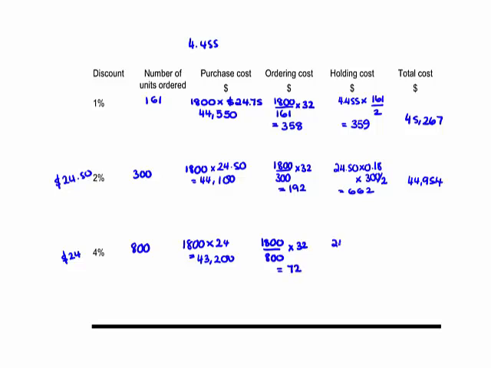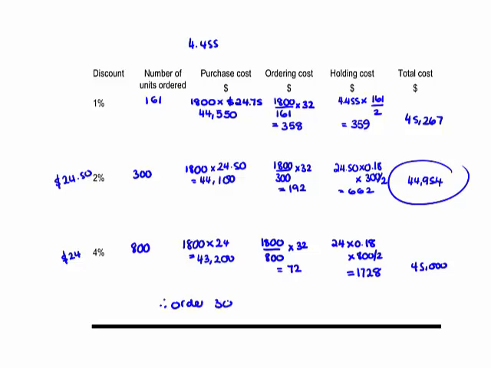The holding cost then will be $24 per unit as the purchase price multiplied by 0.18 times the average level of stock, and the average level is 400 units. So that gives $1,728, and that gives total costs of $45,000. Exactly. So what you can see then is that here it's better to order